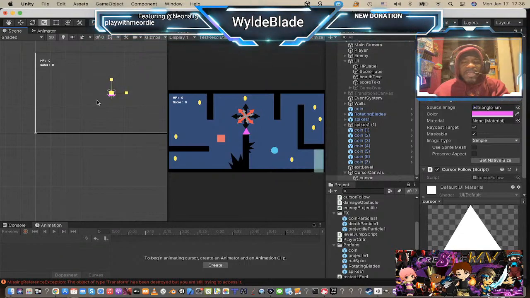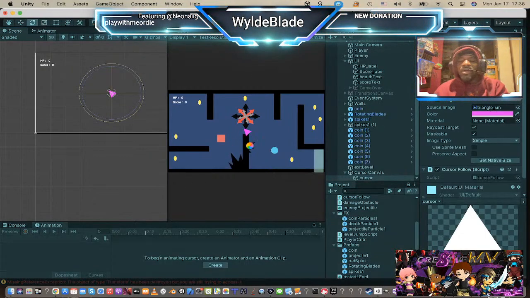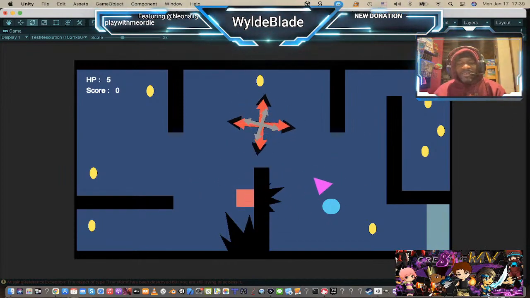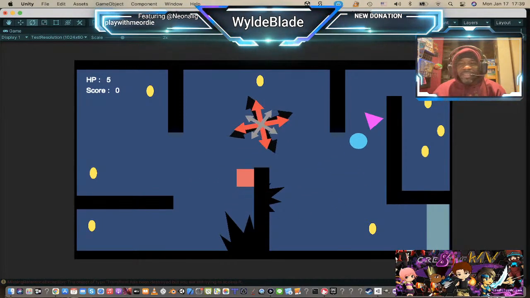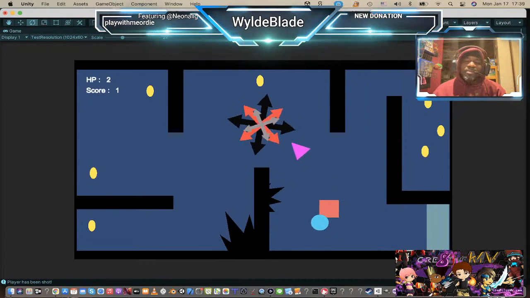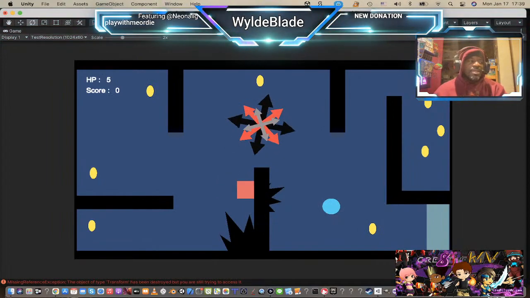And because this is a point and click game, I might not actually want this pointing straight up, so I think I'm going to rotate it a little bit. So I'll rotate it this way to where it looks a little bit more like I'm actually pointing at something. Or actually, I might go the opposite direction. Yeah, there we go. That looks better for some reason. Alright, so let's play this and see if this pink triangle follows my cursor around the screen. Yeah, alright, so I have another cursor, and when I click, my player moves to the tip of this. Exactly as planned. Well, almost exactly. I mean, it's moving as planned, but it's still kind of boring, so let's click R, and